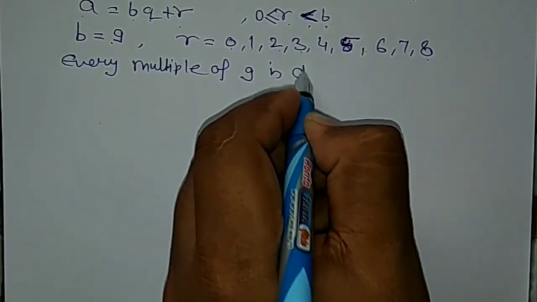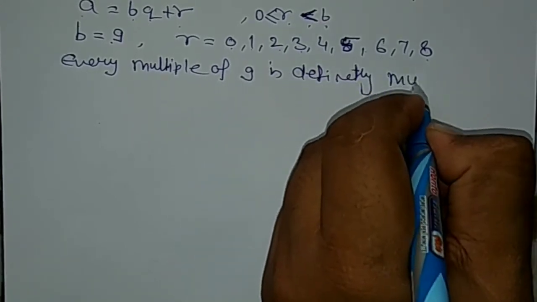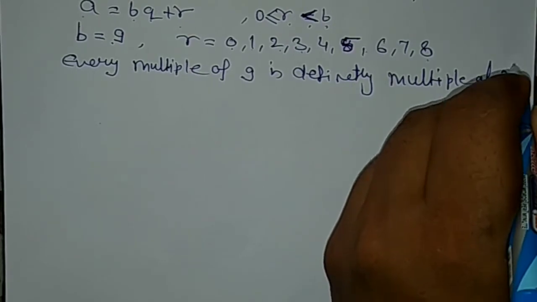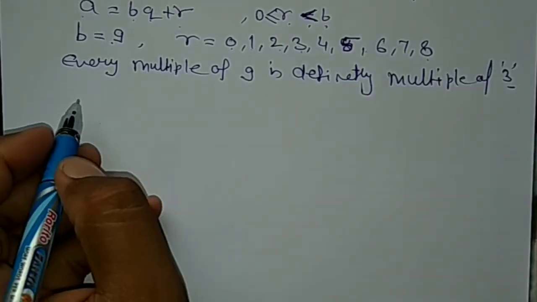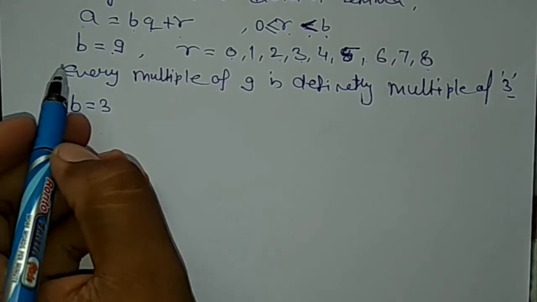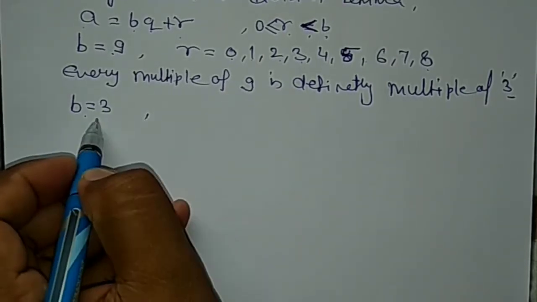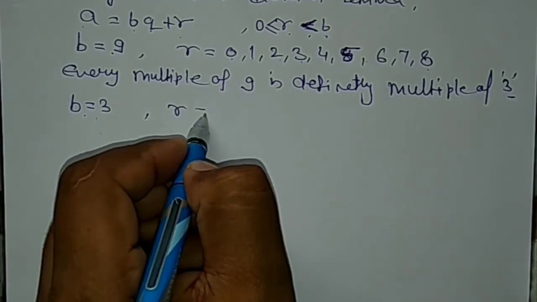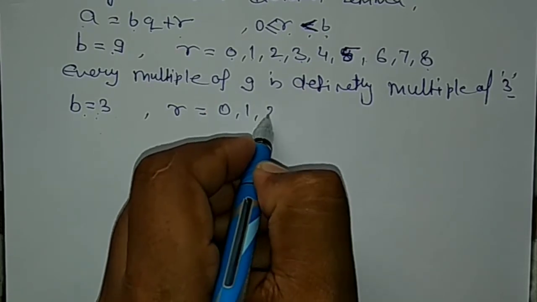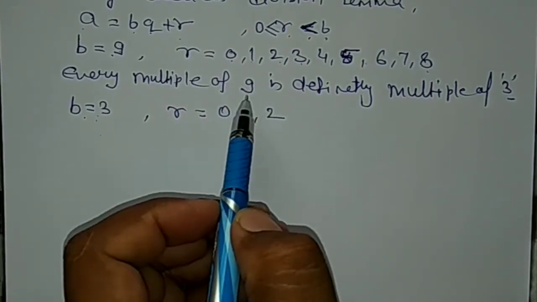Every multiple of 9 is definitely a multiple of 3, definitely. So now we are assuming here b is how much, 3. Okay, now we are replacing b equals to how much, 3 only. Okay, and remainder for this case is greater than 0, so maybe 0, 1 and 2 only. Okay, हम ऐसा क्यों किया,